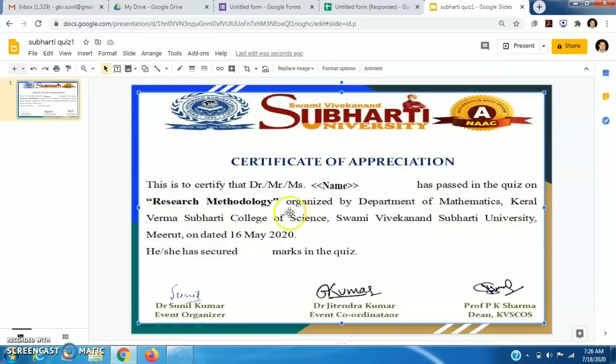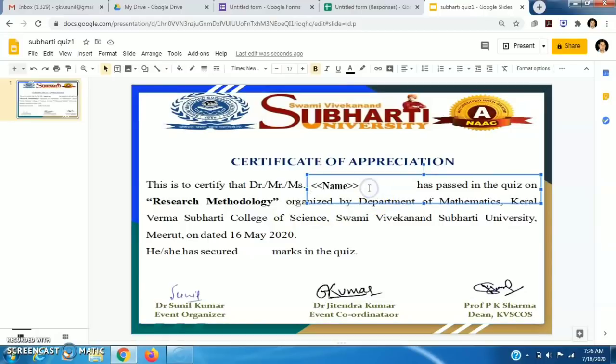Now if you want to add some more field, such as if I add here from institute.